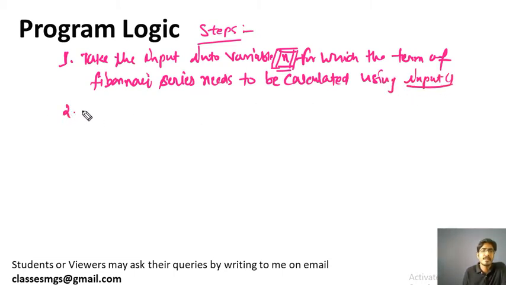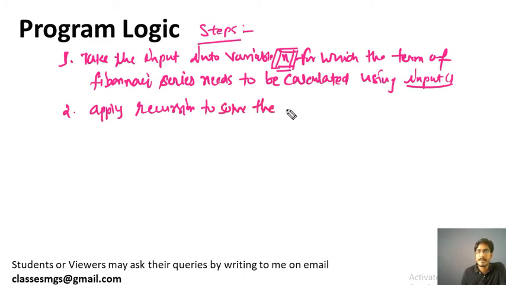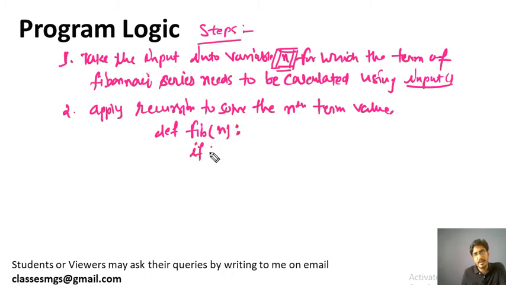Then we will apply recursion to solve the nth term value. What function will we apply? Let's suppose the function name is Fibonacci, and then we will have: if n equals 0, we will return 0.